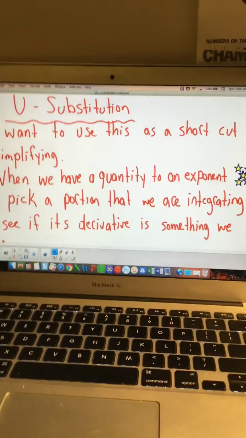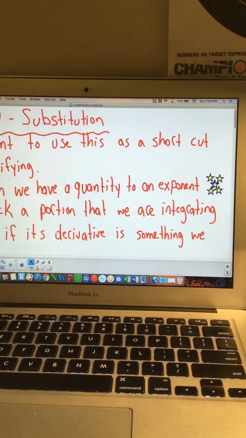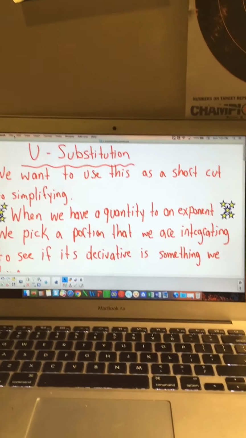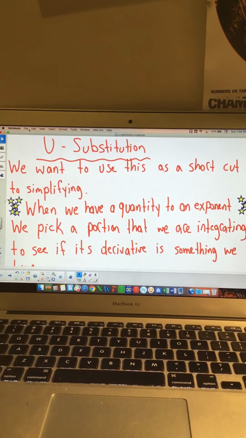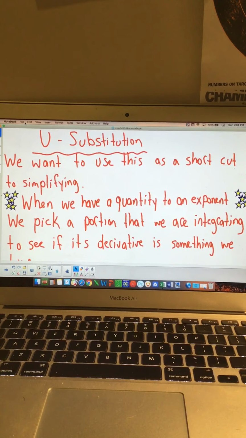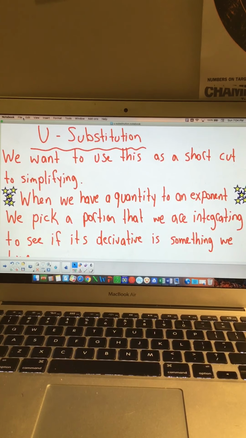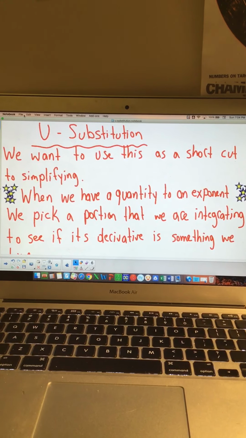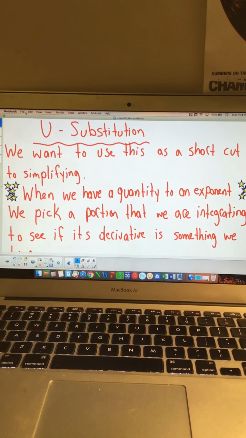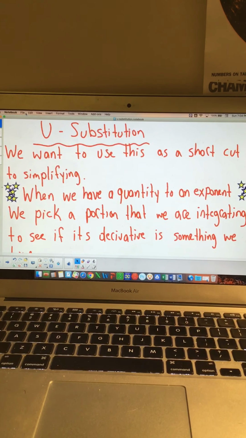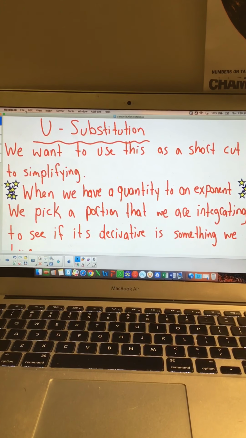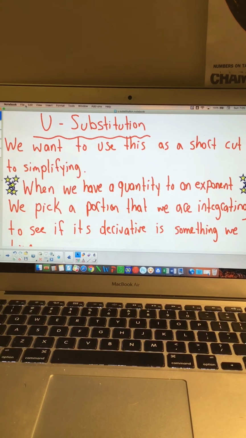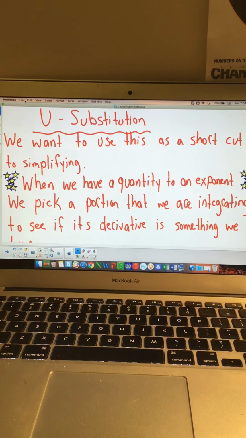A little spice up the beginning of your week here, getting into some U-Substitution. This is going to be a big one as we move forward. U-Substitution is like the reverse of the chain rule for the derivative. If you think back, when we had a derivative, we did the power rule first. Hence, for an integral, power rule first. Then we did the chain rule for derivatives. Now for us,